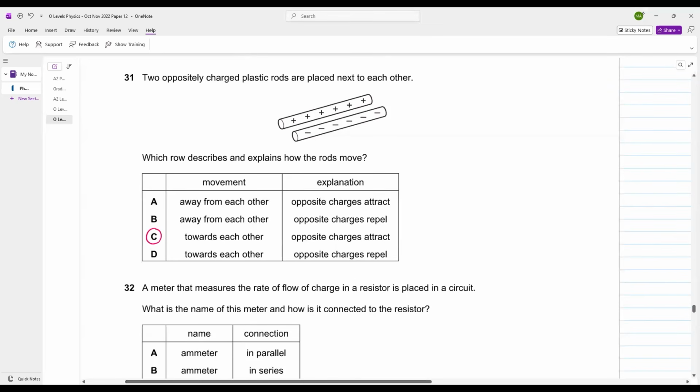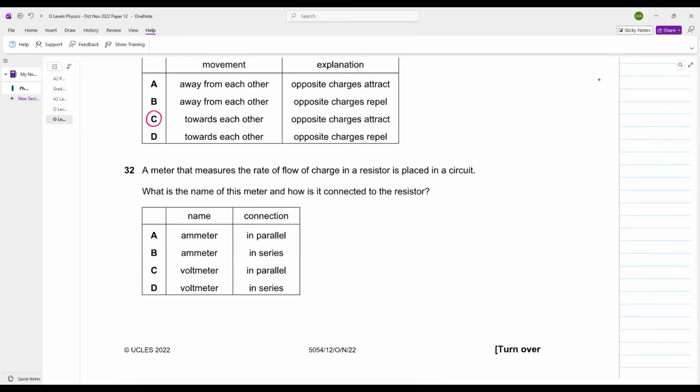C is your answer. A meter that measures the rate of flow of charge in a resistor is placed in a circuit. बेटा, रेट ऑफ फ्लो ऑफ चार्ज मेजर कर रहा है, मतलब क्या मेजर कर रहा है, करंट I मेजर कर रहा है। ऑलवेज रिमेंबर, करंट कौन मेजर करता है, एम मीटर। एंड एम मीटर इज ऑलवेज प्लेस्ड इन सीरीज, हमेशा ये बात याद रखना। B is your answer. 33 पे आ जाओ बेटा।